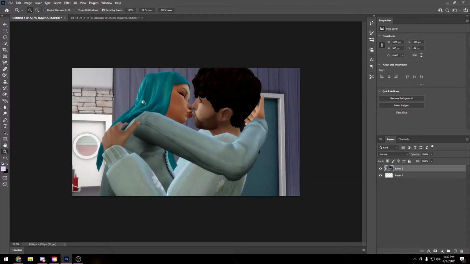So this is the main picture that we're going to be using, and over here these are your layers. As you can see, this is layer 1. We could actually delete that because we don't really need it. So all we have right now is this layer, and if we don't want to see it, it goes away. And I'll show you guys some more tools and easy things like that in a minute here,